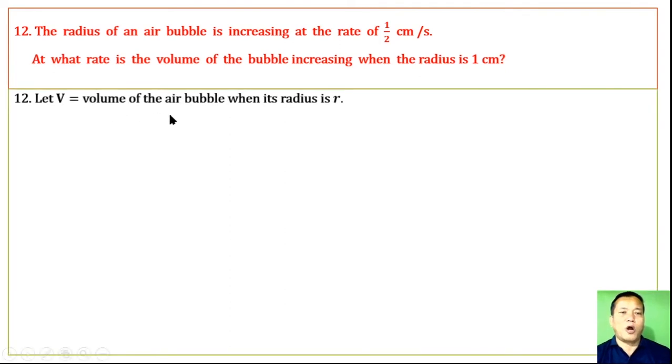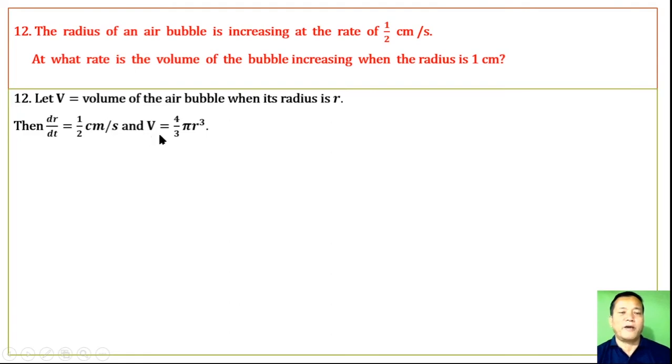Let V be the volume of the air bubble when its radius is r. Then dr by dt, the rate of increase of the radius, is 1/2 centimeter per second, and the volume of the air bubble, which is a sphere,